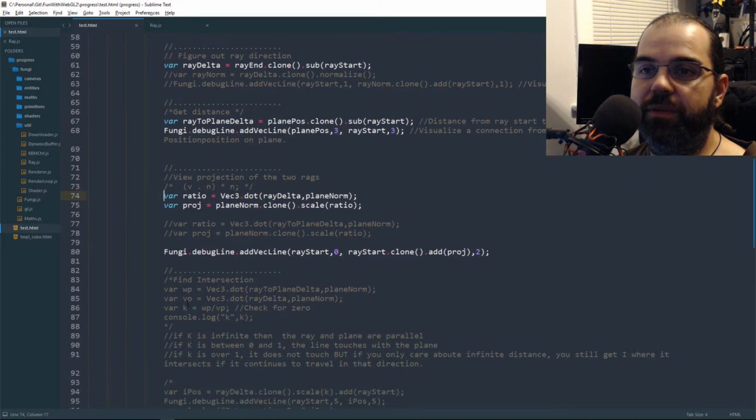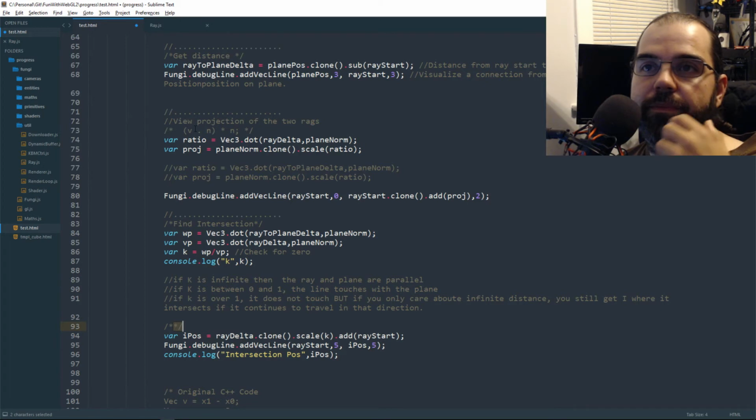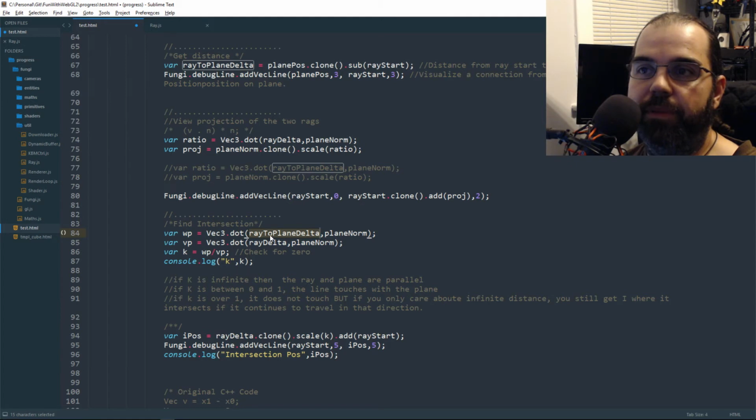So let's leave that alone, and we just comment that part out. And these two will do the job for us. So basically, I'm redoing this all over again. I'm going to get the dot product of our delta with the plane, or the distance from the start to the plane, and then our original delta length of our ray. So you've got the WP projection and the V projection. And K is really just our scalar, WP divided by BP,